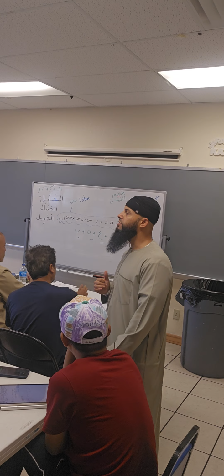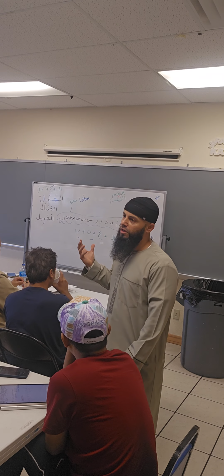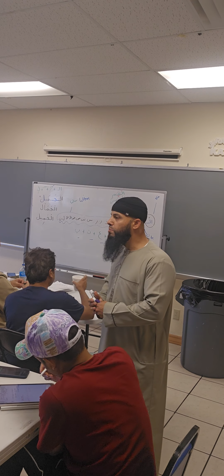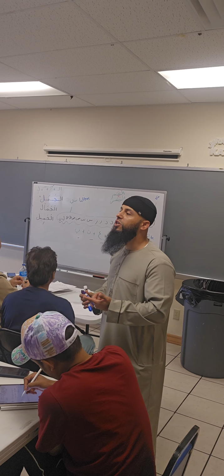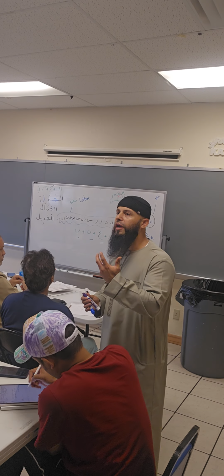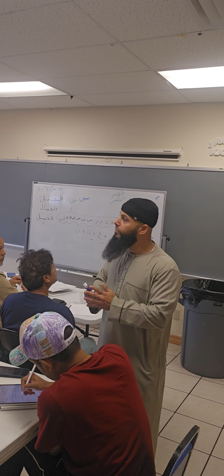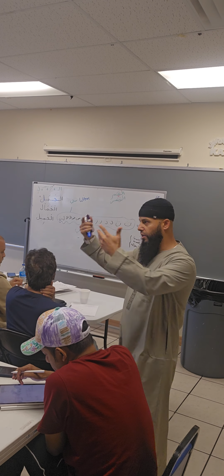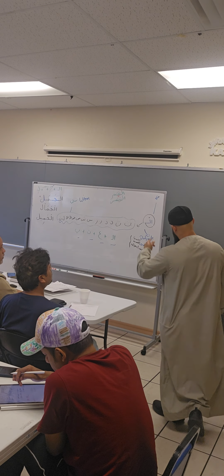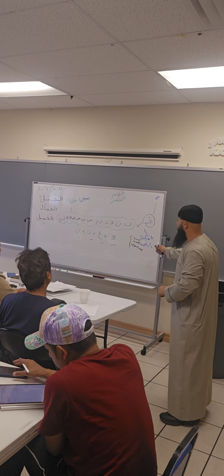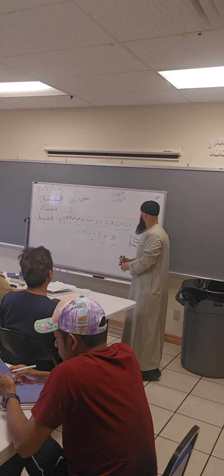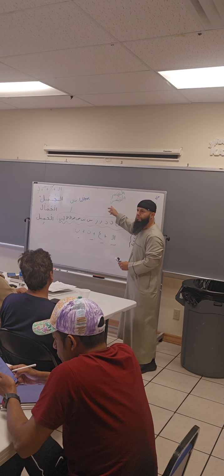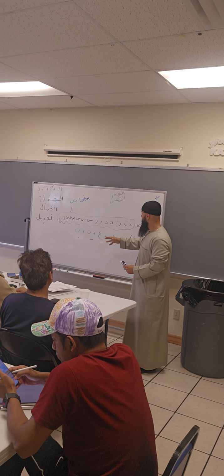What do we call these letters? Solar letters. Why is this important for me? For the pronunciation. That way I know if I add al, I'm not going to pronounce al. I'm going to go right away to the letter, from a to the letter. Now you see with the examples. For example, ash-shams. We give the example ash-shams, right? You're going to say ash-shams.